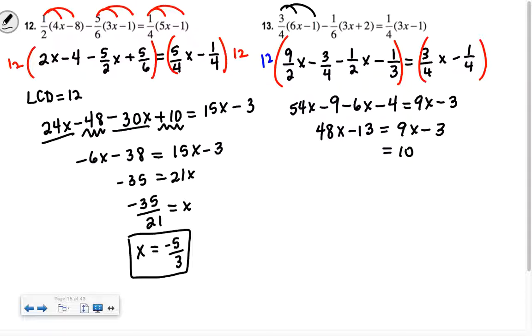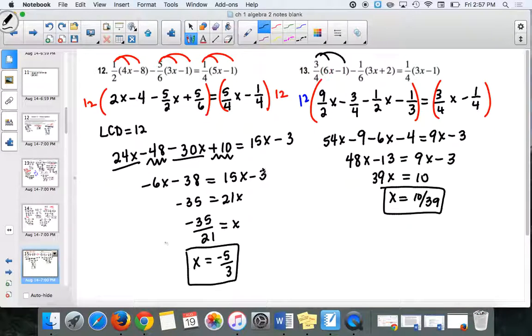All right. So subtract the 9x over. So I get 39x equals 10. Is everything all right there? Did I get that all right? So x is equal to 10 over 39. All right, so that's the very last one. We'll stop there. Now, I'm not doing all of the notes. We're still going to talk about this next time, but I'm still going to pass out your